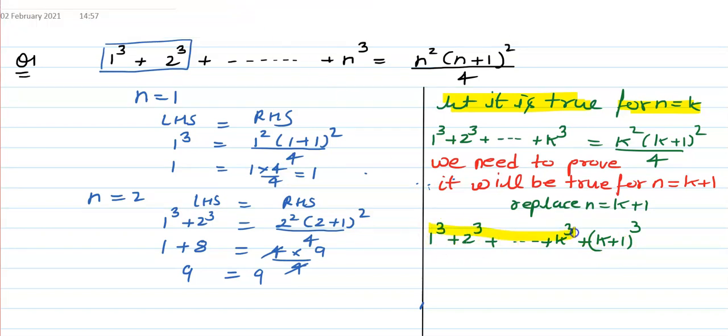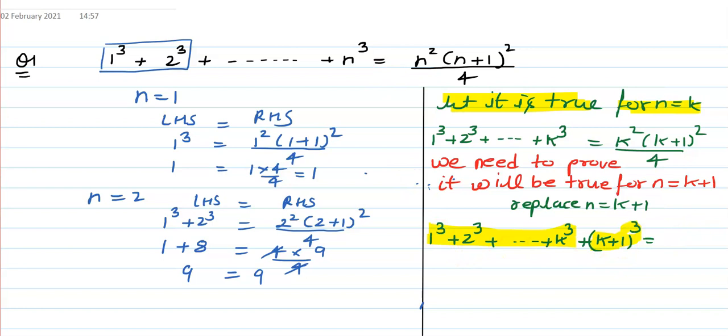This was our previous question where there were only k terms. Now we have gone one more term extra, so I have added after k, the next term will be k plus 1 to the power 3. So I have added one term extra. Is that okay? Yes? Okay. So the right hand side we will sort out later on.